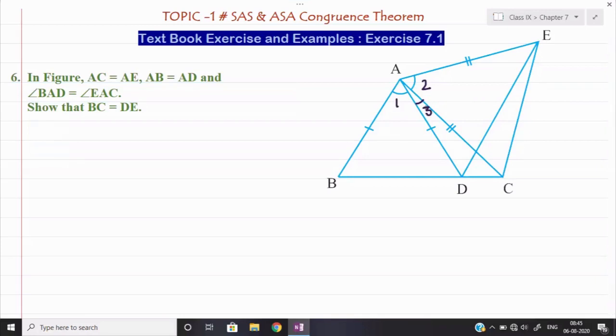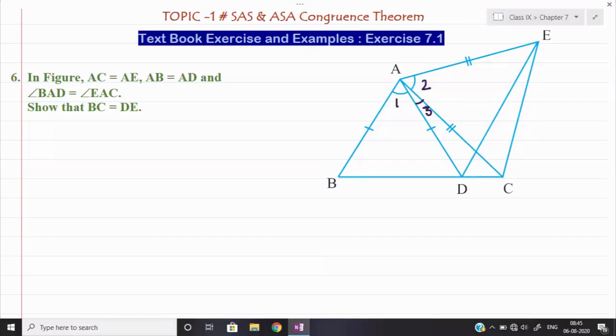First, we shall write down the given things. Remember, we have to show that side BC and side DE are equal. This question is different from the previous question. In the previous question, when we considered the required triangles, we were easily able to prove that the triangles are congruent, because we were given that the corresponding parts are equal in the context of one particular congruency theorem. But in this question, or the upcoming questions also, the congruent parts are not all given equal in a proper sequence. We have to manage it on our own with the help of the given things in the question.